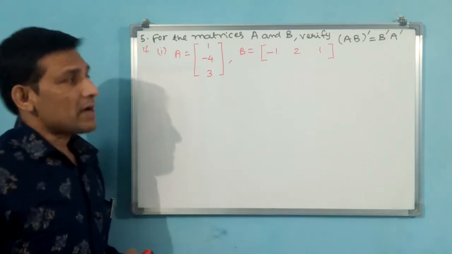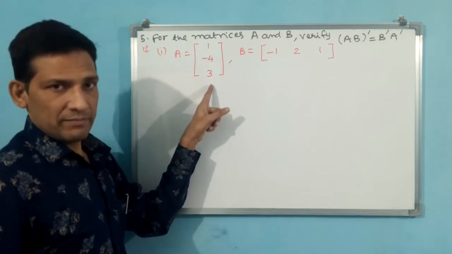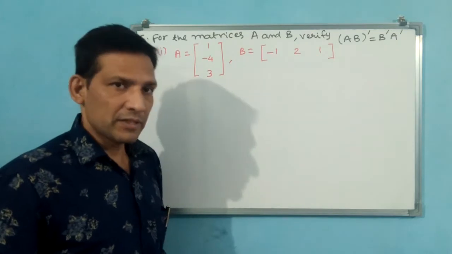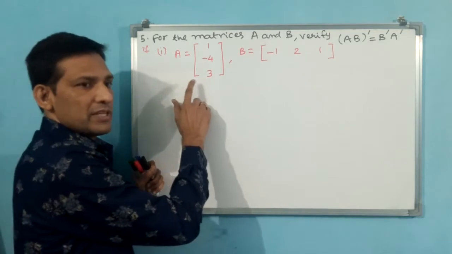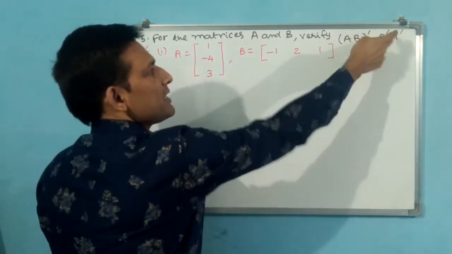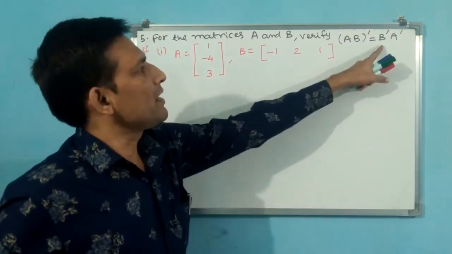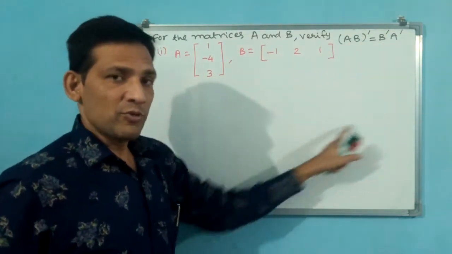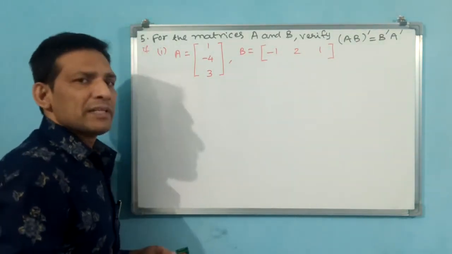Now what they have given, you see, A is a 3 by 1 matrix: 1, minus 4, 3. B is a 1 by 3 matrix: minus 1, 2, 1. Now see, is AB possible? Yes, definitely possible. See here, columns 1, row 1, possible. That is why we can do it. When AB is possible, then (AB) transpose is also possible. On the RHS, you have to do B transpose first, then A transpose, then multiply both, and finally these two should become equal. It will become equal. That is a property.